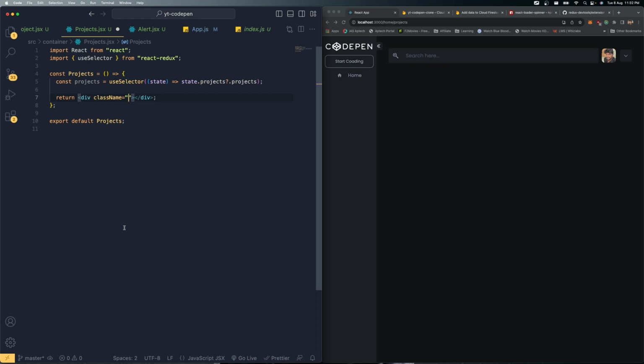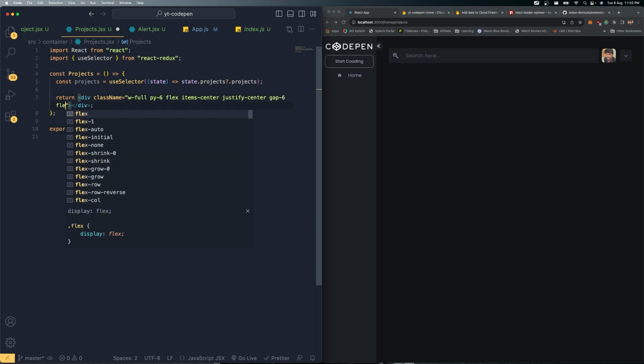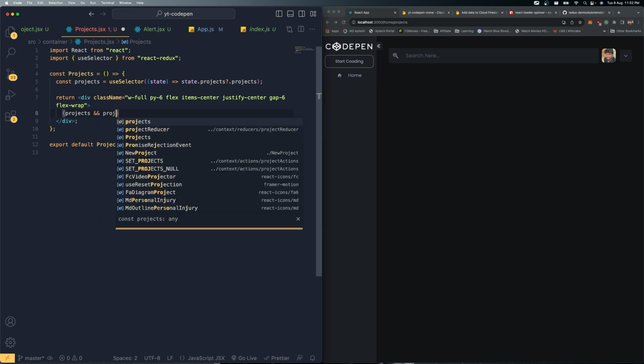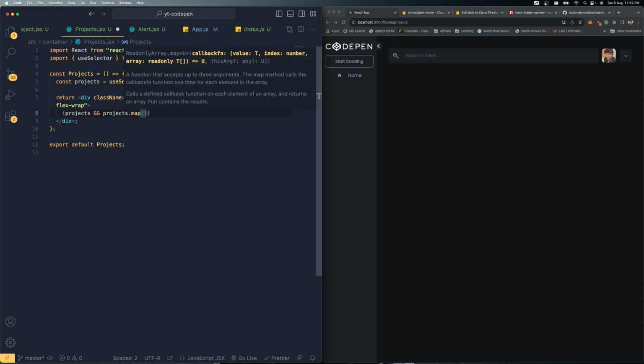So I'm just going to say a class name. Of course, width is going to be full, and py top and bottom is going to be 6, and everything is going to be in the item center, and justify it in the center, and gap between is going to be 6, and flex is going to be wrap. Inside here, if I have the projects, then I need to say projects dot map, open it,